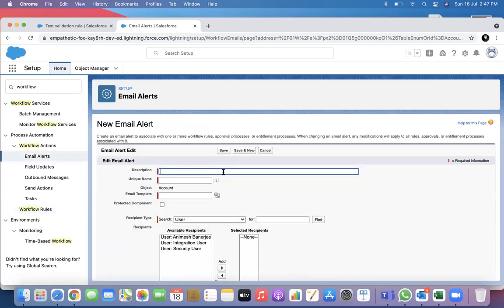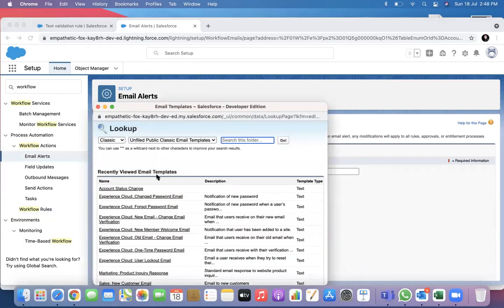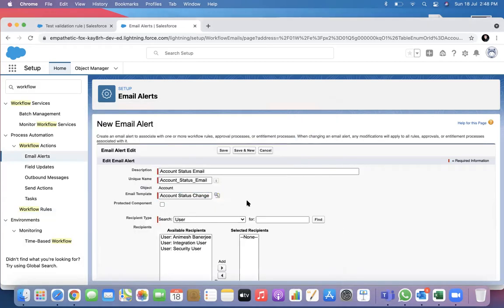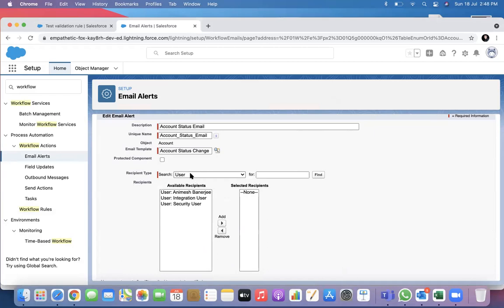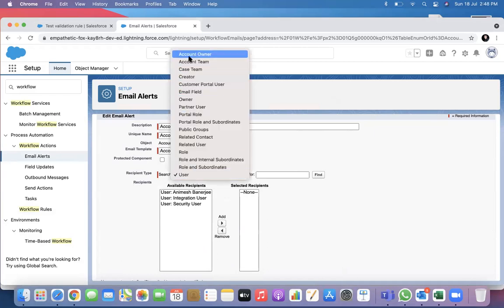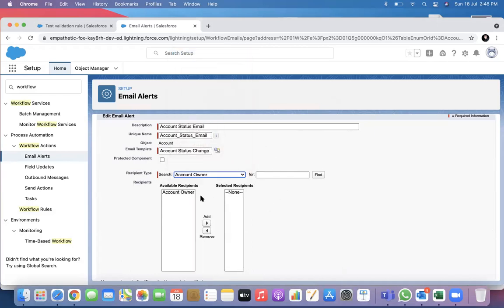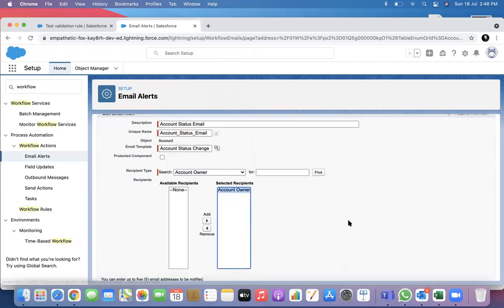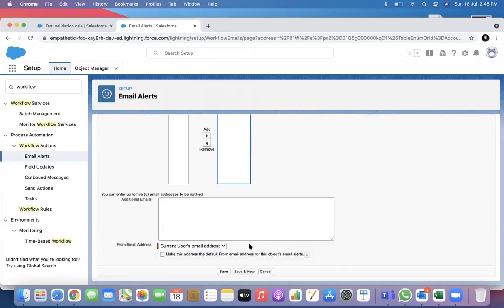New email alert: account status email. Which email template? I created an email template, account status change. I select that. Whom should I send to? I will send to the account owner. Save it.